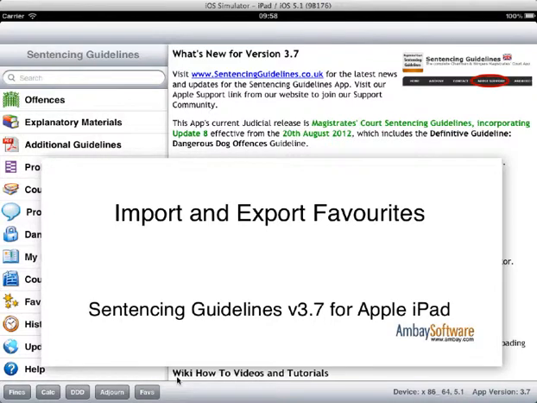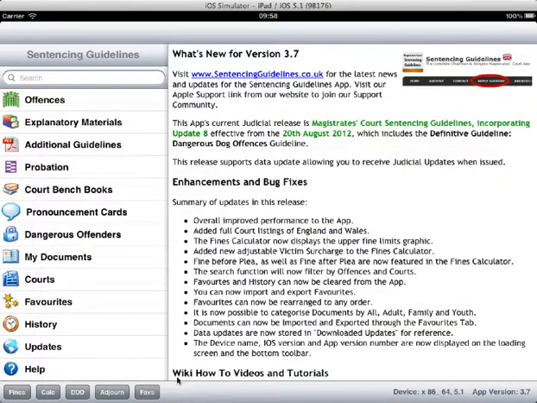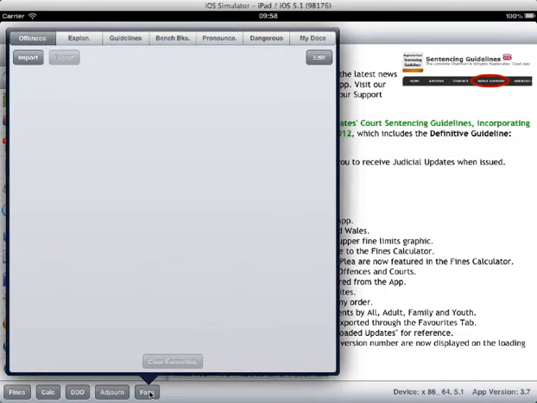This is a quick introduction to the changes introduced for favourites within Sentencing Guidelines version 3.7. We have the option within favourites, within any of these favourite tabs, to do an export or an import of